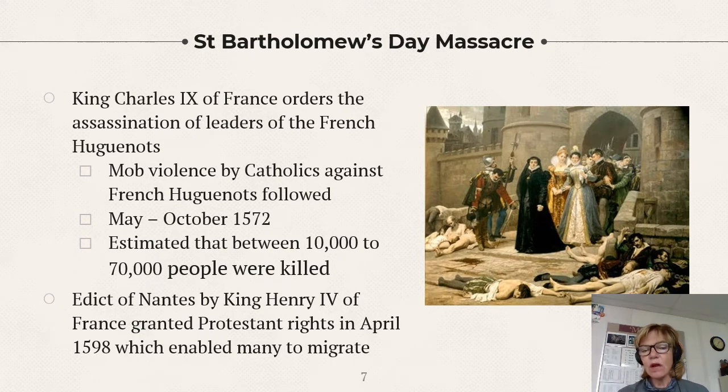All right, so there's a lot of upheaval going on, going back before Louis even, because of the conflict between the Protestants and the Catholics. And one of those events was St. Bartholomew's Day Massacre. Charles the Ninth, when he is the King of France, ordered that the leaders of the French Huguenots be killed. And that kind of inspired a whole bunch of mob violence throughout France, in which average everyday Catholic people just go about killing average everyday Huguenots. In the end, from May to October, they estimate that upwards of 70,000 people could have been slaughtered.